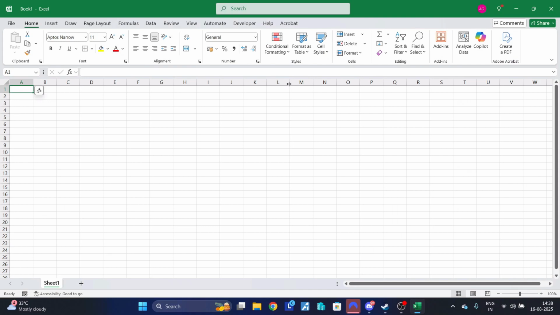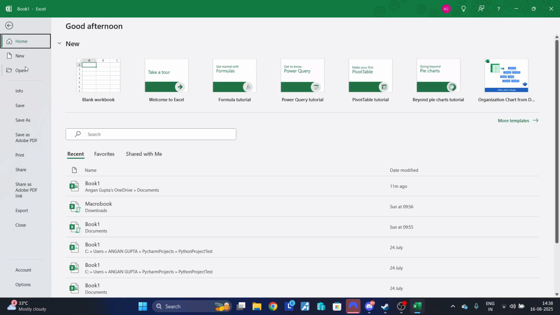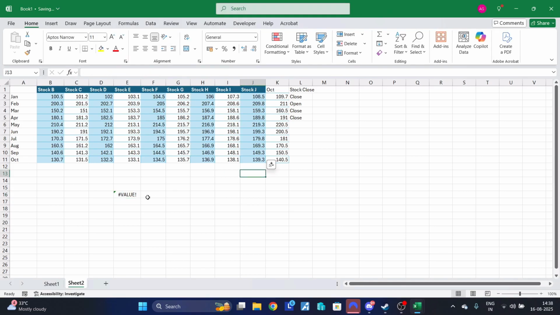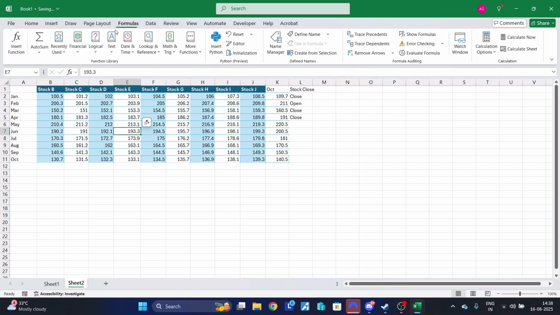Hey guys, so today we'll talk about Excel formulas. Let me open a recent book which I have. There's this Excel sheet that I have opened, and I'm going to explore the formulas in the Formulas tab on